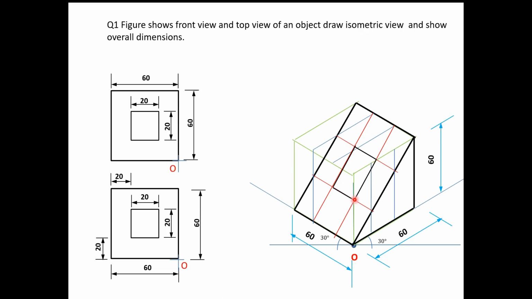But is there anything? Another thing is, if we check it, we can draw it vertical in such a way that it is parallel to this. So in front view also, in top view also, you will get this inside this square. Okay, so this is the solution. So this is a quite tricky problem.